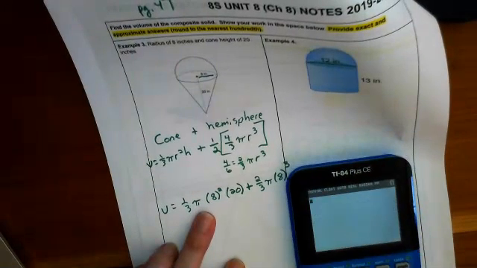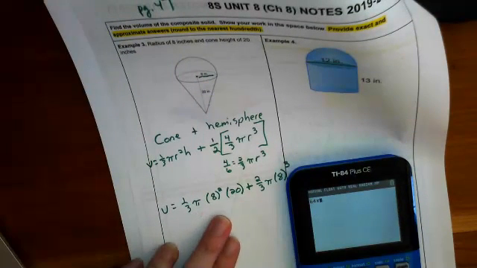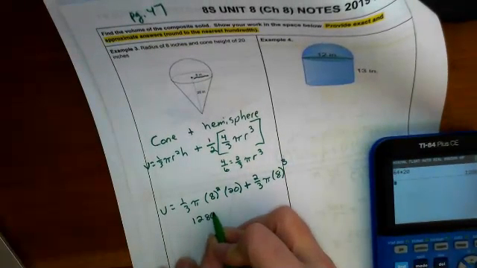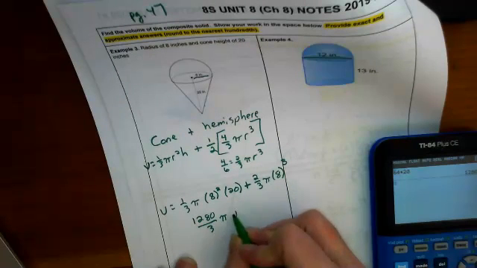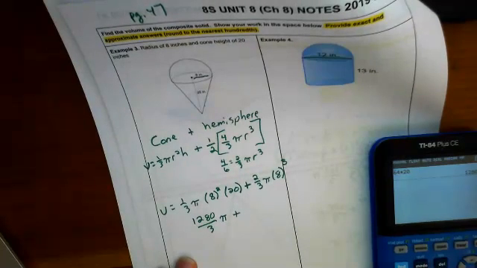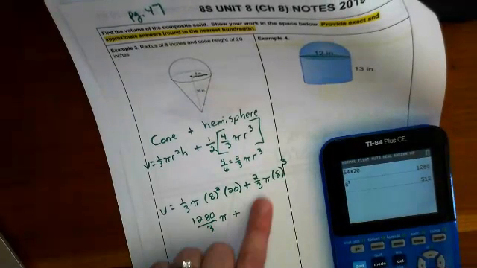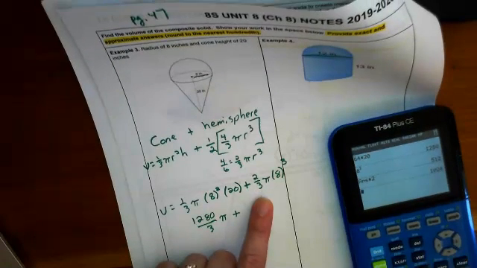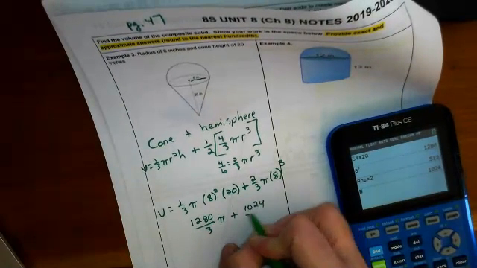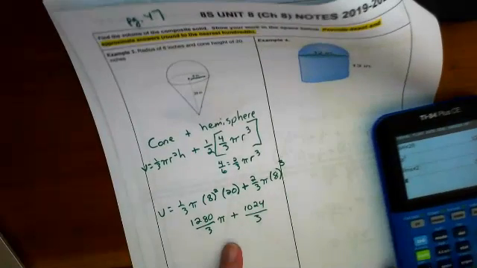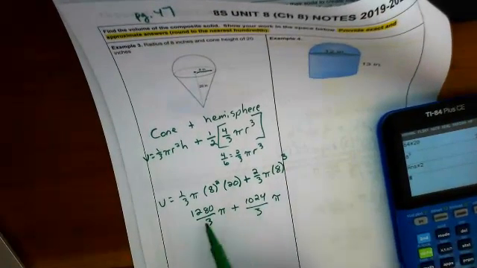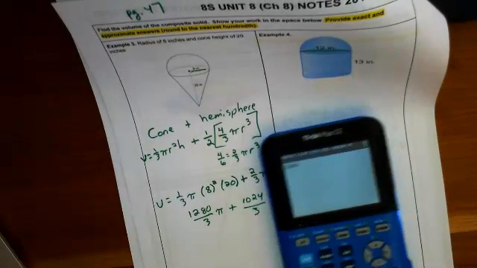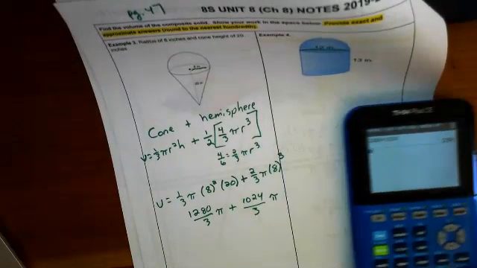Let's just put this in our calculator. We've got 64 times 20, which is going to give me 1280 over 3 pi. Plus, we've got 8 cubed. You should know that, but it's 512. And then 512 times 2/3, we'll just say 512 times 2, which is 1024 over 3, and that's pi again. We have a common denominator of 3, so we can add our numerators. We've got 1280 plus 1024, which is going to give me 2304